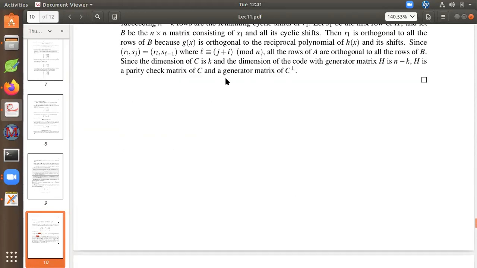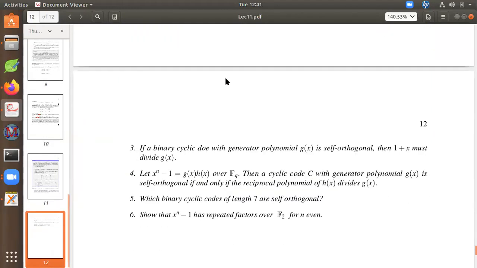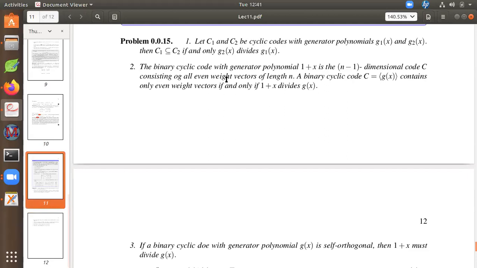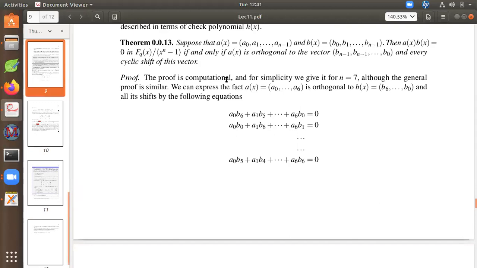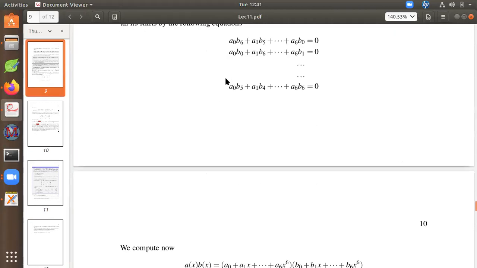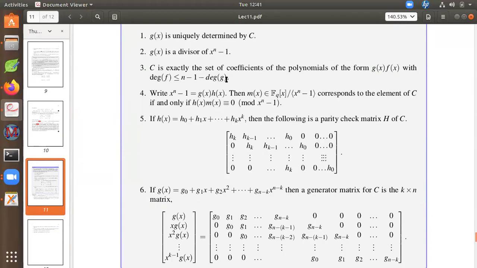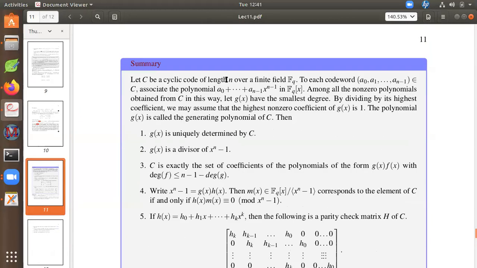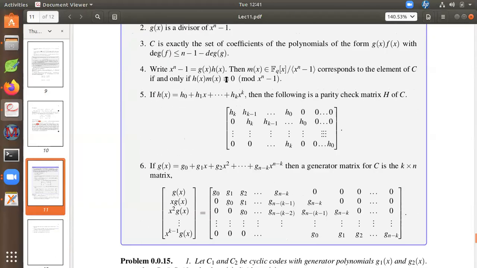So the remaining things are fine. The entire summary is here, and I asked a few beautiful questions here. So you do that, and with that cyclic codes will be clear to you. I started with examples in the previous class. So how do you proceed? You first look at the entire summary: what is actually going on in cyclic codes? Then look at examples and understand. Then prove the results, the proofs of the theorems at the end, so that it becomes easy. So I'll start with this first.